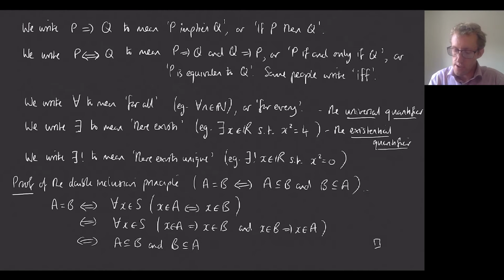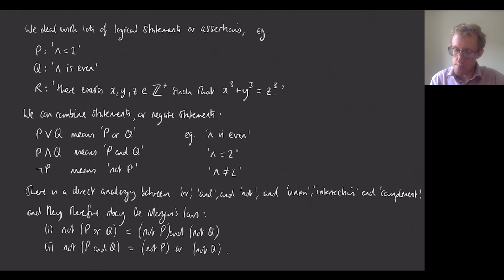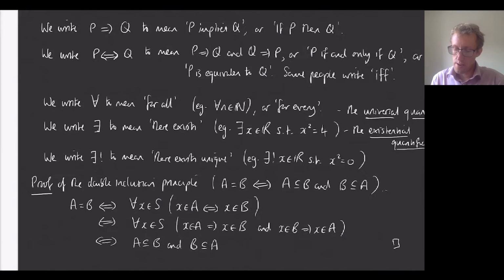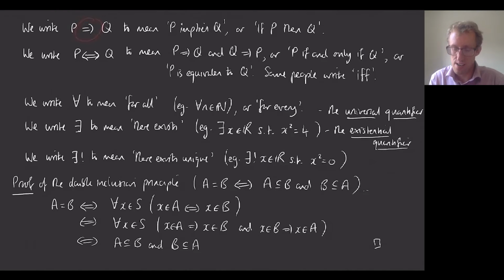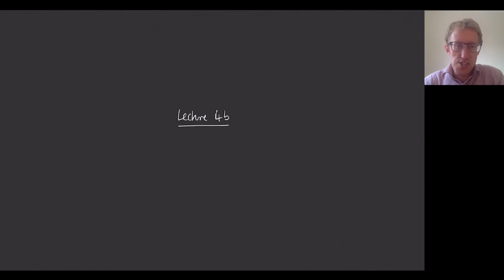Okay, so let me just remind you what we've done there, and we will take a pause. So we've said that we can combine logical statements with ands, ors and nots. We've said that in order to do the negation, the not something, we can use De Morgan's laws. And then we've introduced the implies, if and only if, for all, and there exists. And I'm going to start using this notation sometimes. I'm now going to talk about relations. So these are things like less than or equals to, which compare two objects in a set.